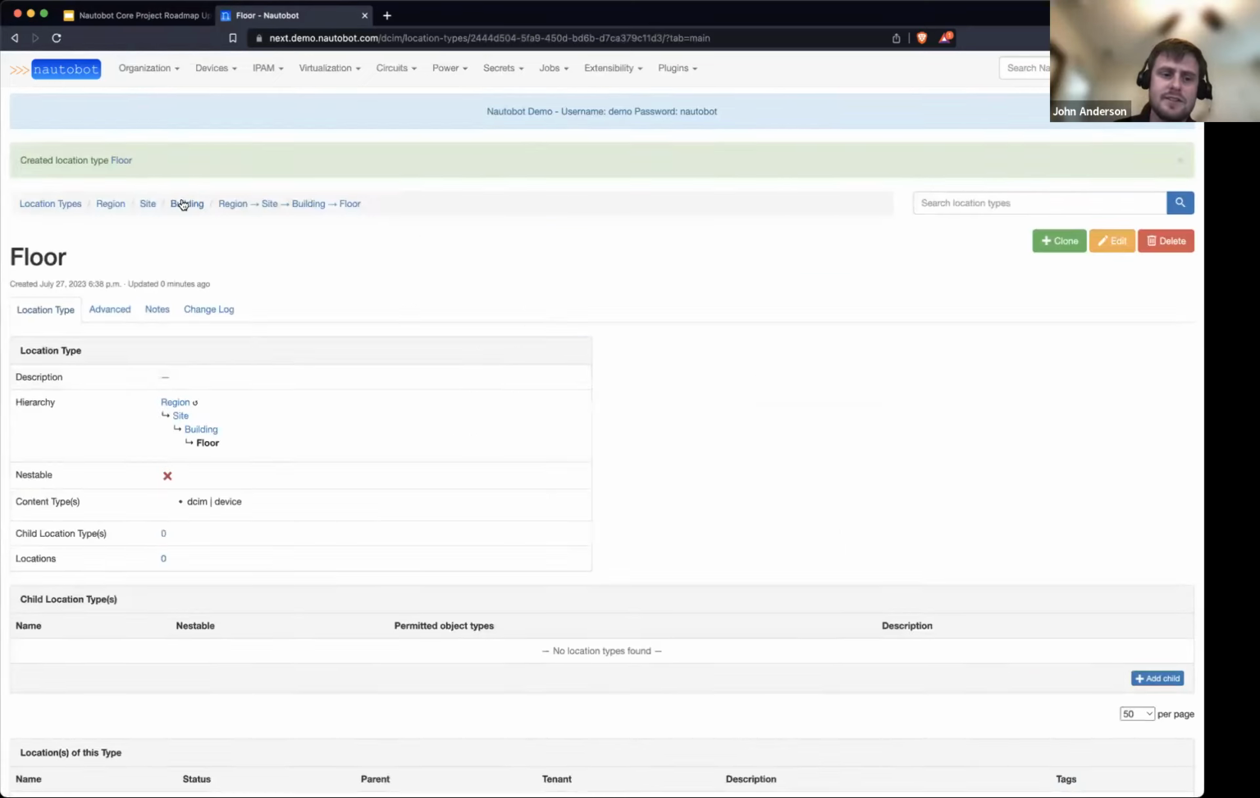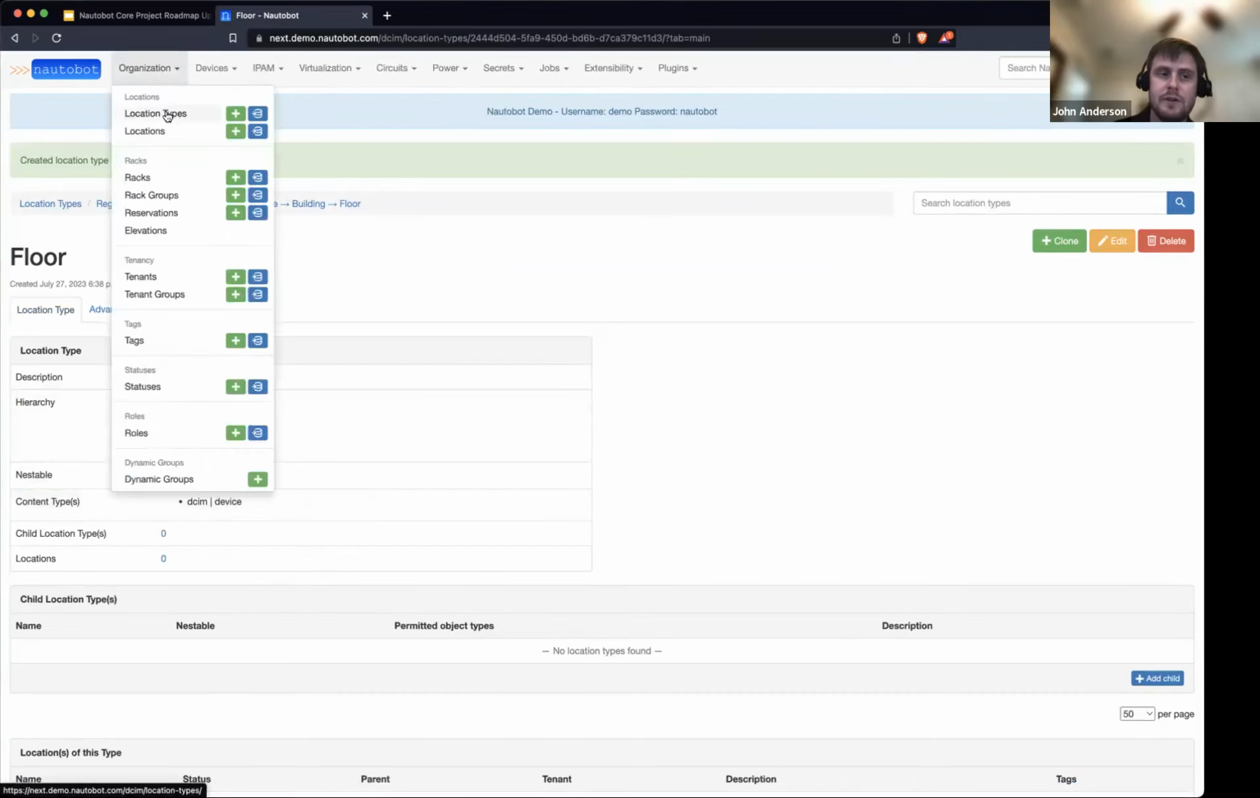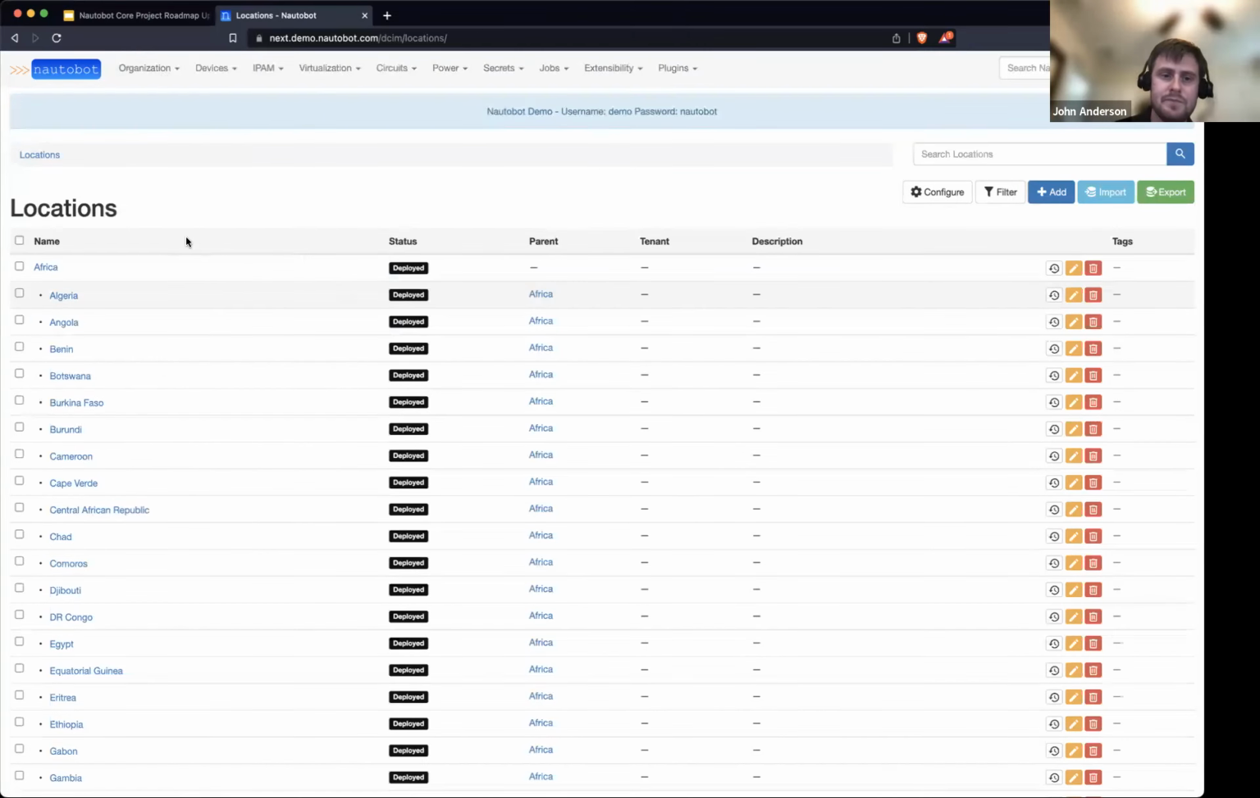So I'll create this, and we can see this hierarchy that's been created here. So region, site, building, floor. This is the type. So this is not an actual location. It's just the hierarchy that we're forming here. So if we go over to locations, what we've got is a bunch of countries. So these would be regions and so forth. So let's create